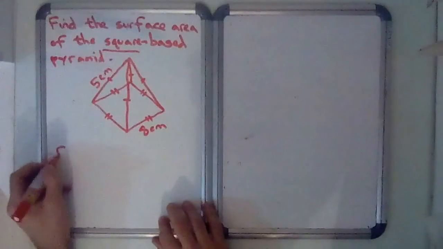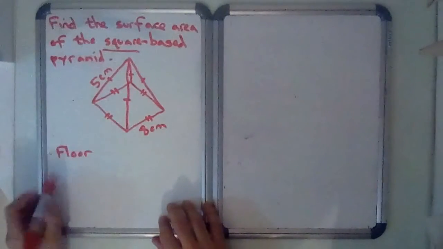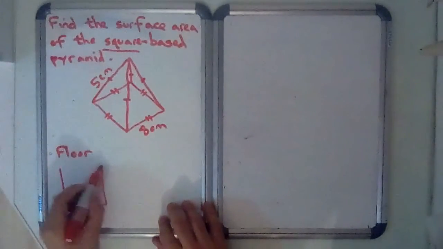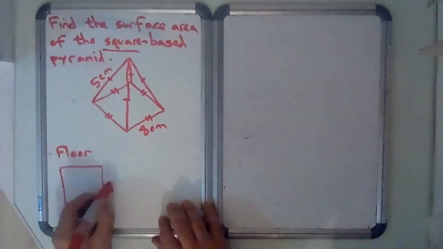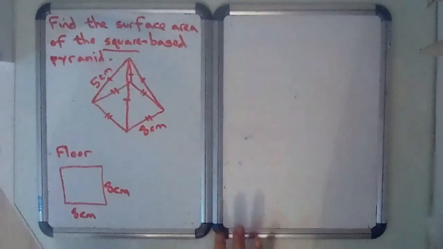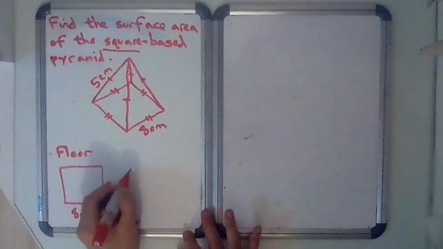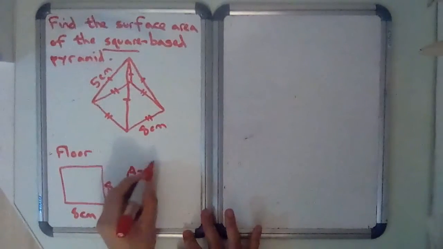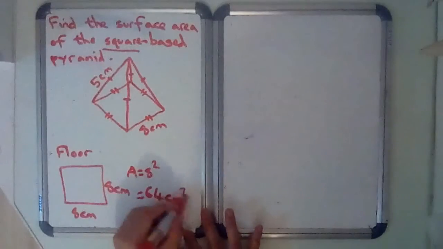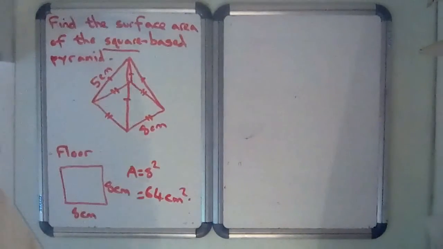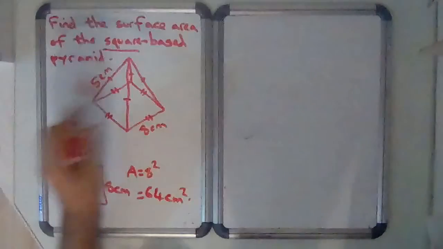So the floor is easy. There's only one floor, and it's 8 centimeters by 8 centimeters square. So I'm just going to go ahead and say the area of that equals 8 squared, or 8 times 8, equals 64 cm squared. The walls will be a bit more tricky, so I'm going to draw one of these